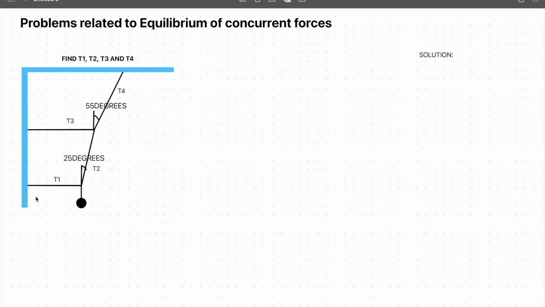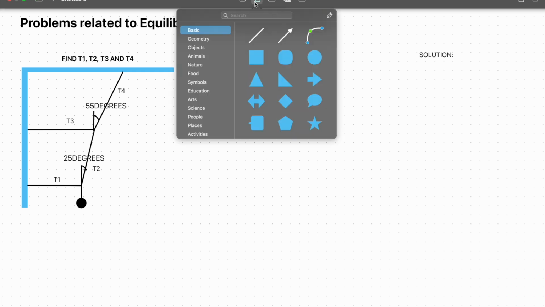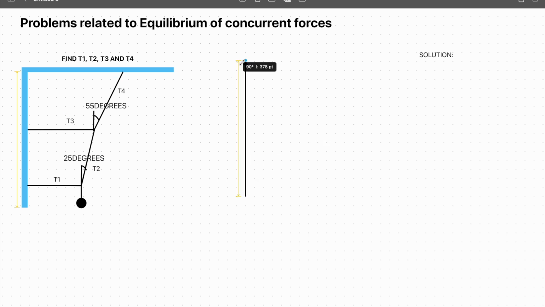So let us start by drawing free body diagrams. Free body diagrams help us a lot in solving these kinds of problems, and for any kind of problem a free body diagram is obviously needed. So if we assume this is the x-axis and this is the y-axis,